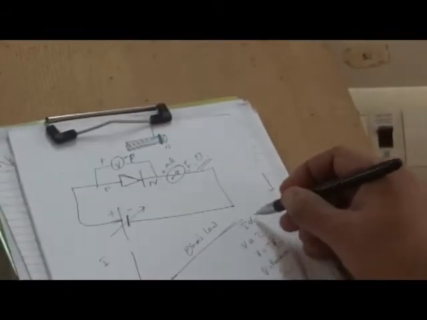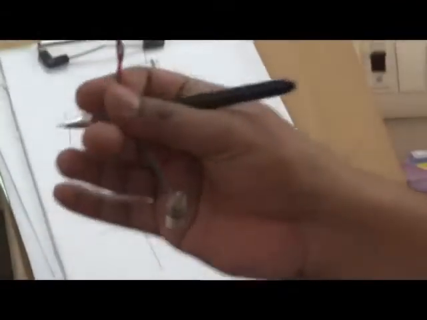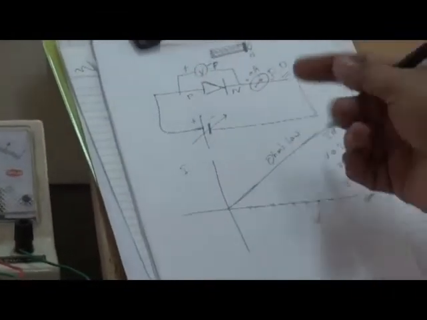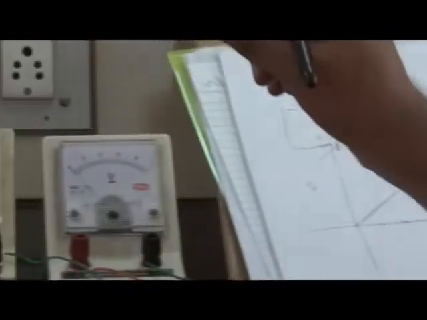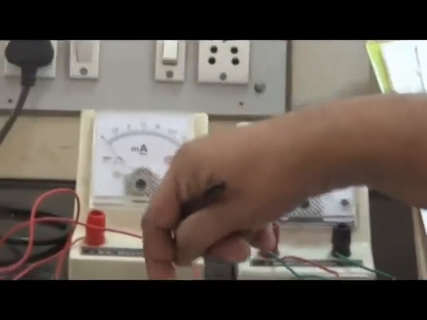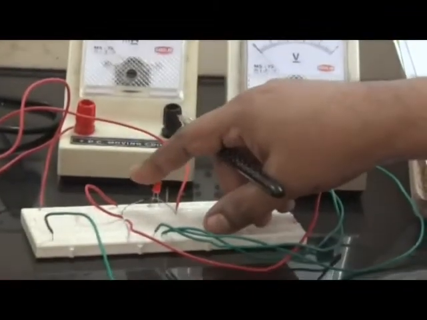So since this resistance wire or this bulb strictly follows this Ohm's law relationship, V proportional to I or I proportional to V, we can call this an ohmic device. But the diode which we are using here, or the LED, this type of electronic components, they do not follow Ohm's law, the straight line graph. No, they have their own graphs. That's why we call it a characteristic graph for a particular device. So our experiment is to study the voltage-current characteristic of this diode. That means it's a unique graph for this particular component.